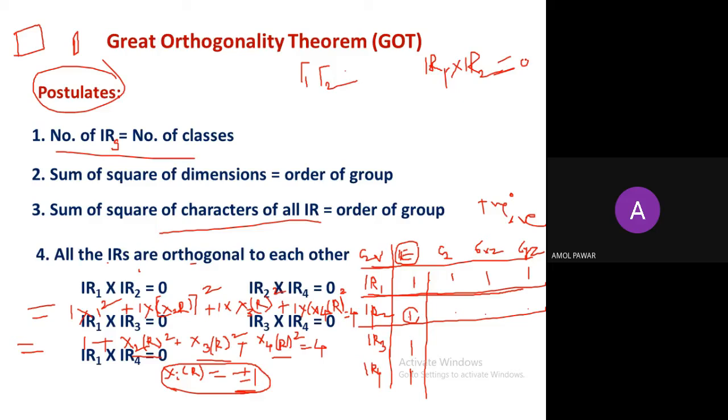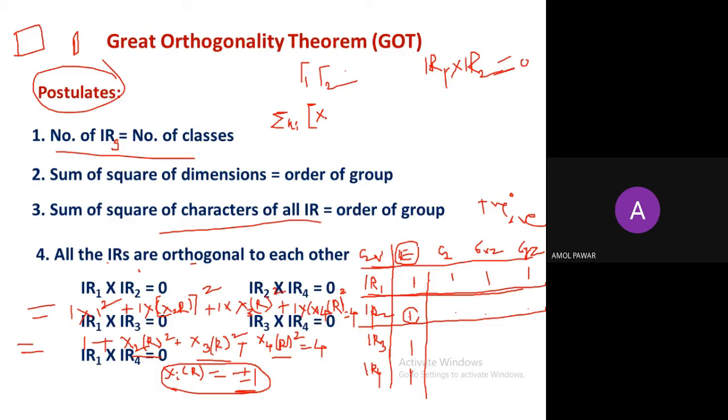Okay. Now, how to write this IR1 into IR2 or IR1 into IR3? The formula is again the summation of Ni, because everywhere we have to consider the class, because whatever values or characters are there belong to this class. Identity, C2, sigma xz, sigma yz. Summation of this Ni